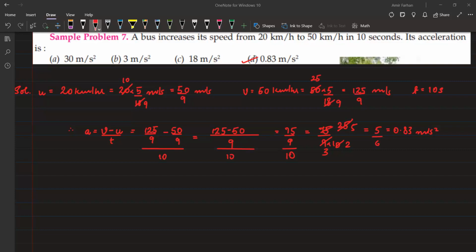Yes, sir. Any doubt so far to anybody? No, sir. Sure? No, sir. Okay, that's good. Let's do some more MCQs based on this topic, and then we'll end this topic. Some more numericals I will do in the next class. Okay, just a second.